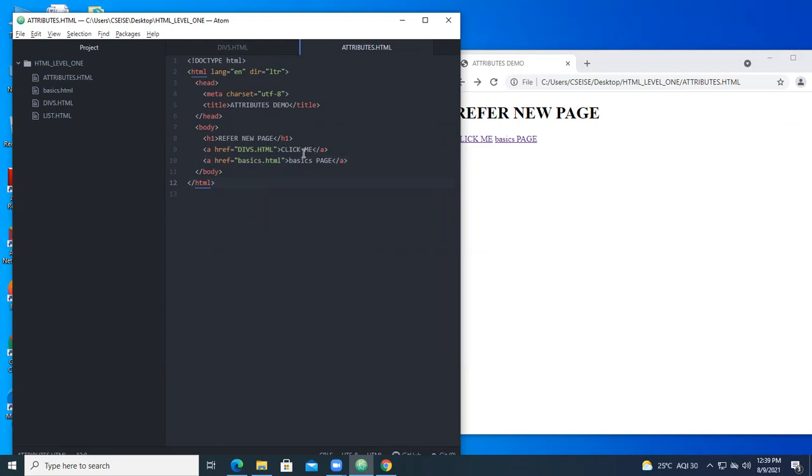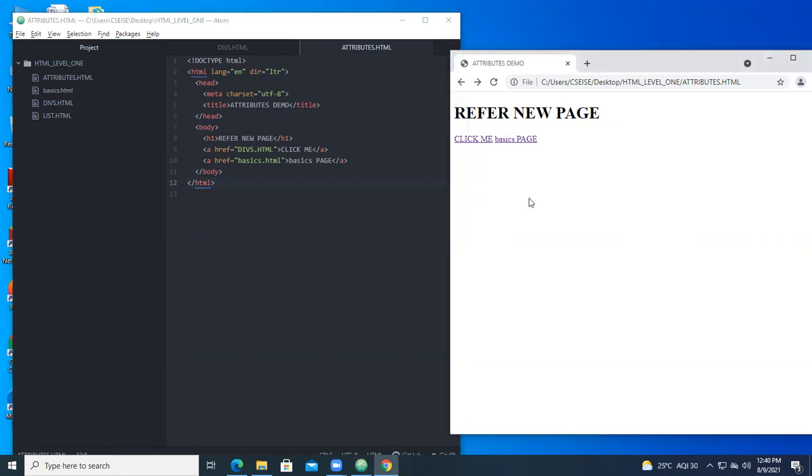I have given some content. When you click on that link, it will move to that particular href. href means reference to that HTML file. So when you click on that, it will go to that particular page. That is the attributes we are going to see, and that will be up to today's class.